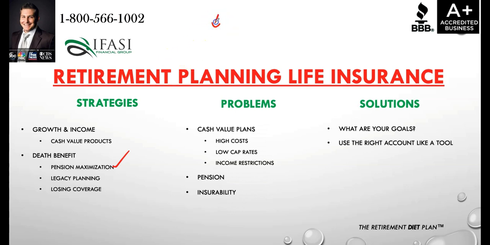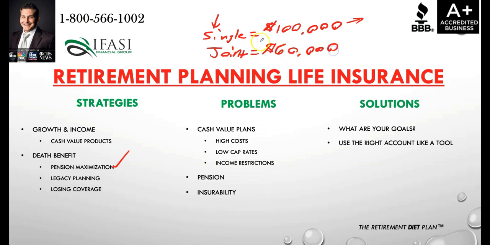We're going to pay you, let's say it's a male and they retire at age 65, if they want to take the single life payout, it's going to give them $100,000 per year. I'm just going to use a really simple hypothetical example. Or if they want to cover themselves and their spouse, they can take the joint payout option, but instead of receiving $100,000 per year for the single, they're going to get $60,000 per year for joint. So the difference is that whenever the single individual passes away, that income's going to stop. Nothing gets left over to beneficiaries.